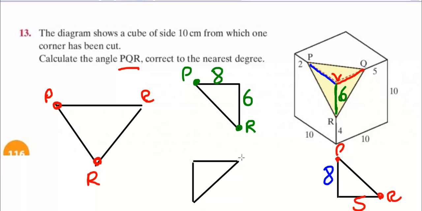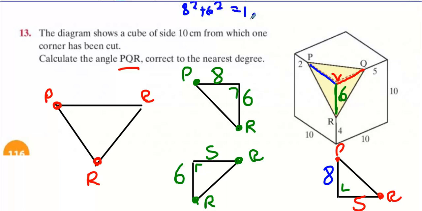And the last one, lads, what's the last one? The last length we need to know is QR, Q to R. That will be a 5 and a 6. Your job is to do Pythagoras' theorem 3 times and figure out the length of each one. So 8 squared plus 6 squared is 100. The square root of 100 is 10. Got that? 6 squared plus 5 squared,